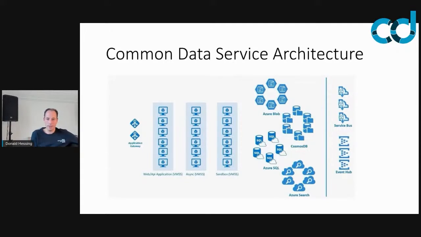It has, for example, Azure SQL for relational data. It has Azure Blob Storage for your documents. You can store your log data in Cosmos DB. If you make your field searchable, Azure Search will be used to index your relational blobs. And if you want to implement more advanced logic, you can even have events or webhooks to an Azure function or being published to a service bus or event hub. Now, this is all packaged as a service and kind of abstracted for you. So the moment you create a Common Data Service, this is the ecosystem that you get.